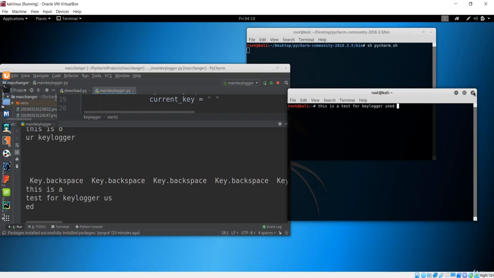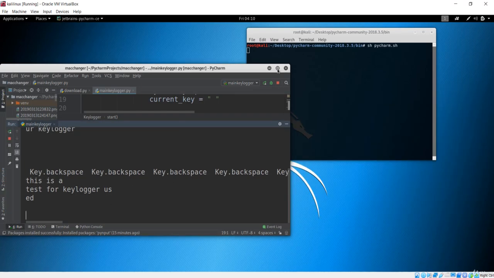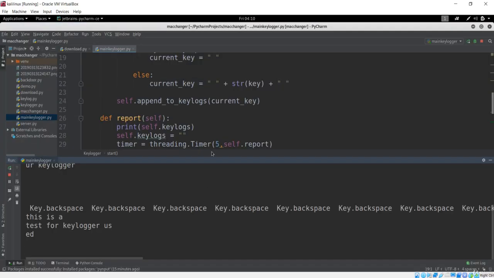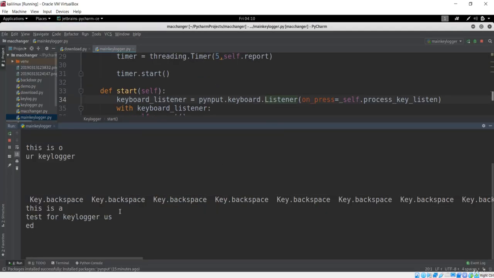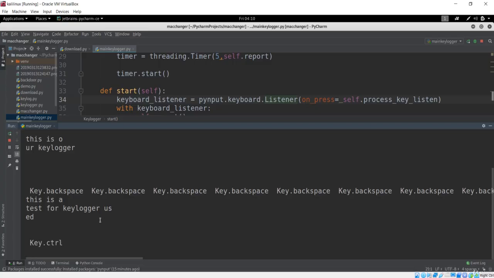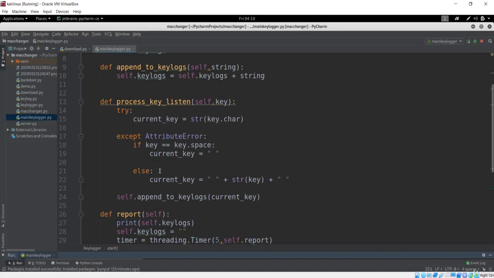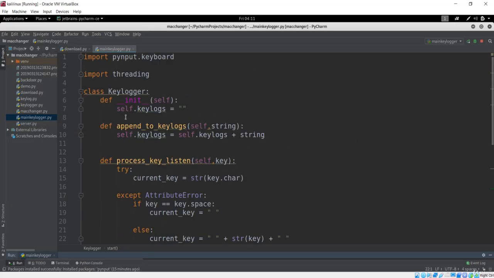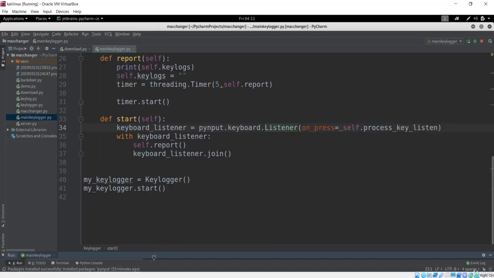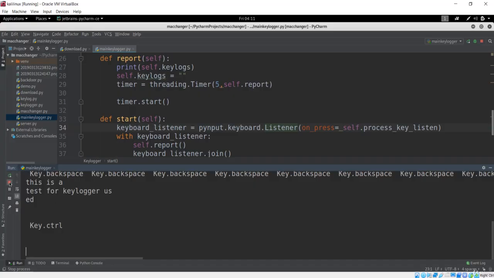Next, I have told you before that we can also do this by using a blogger, but I made a decision to learn this PyLogger. The way to learn is simply creating our own. So instead of making it with some application, we created the keylogger with our own Python skill. Let me close this keylogger first.